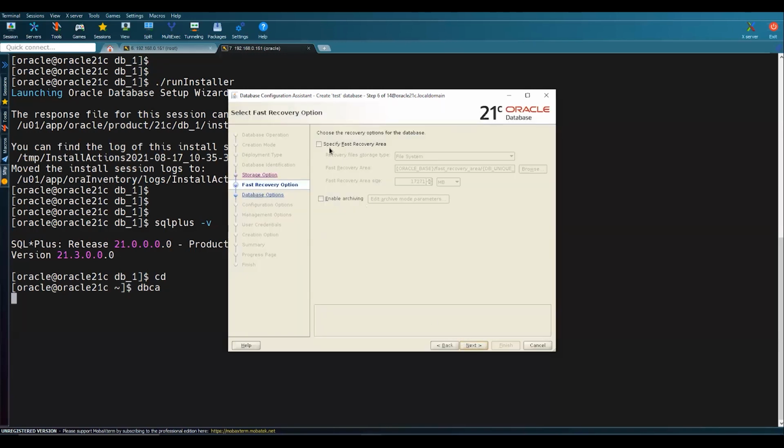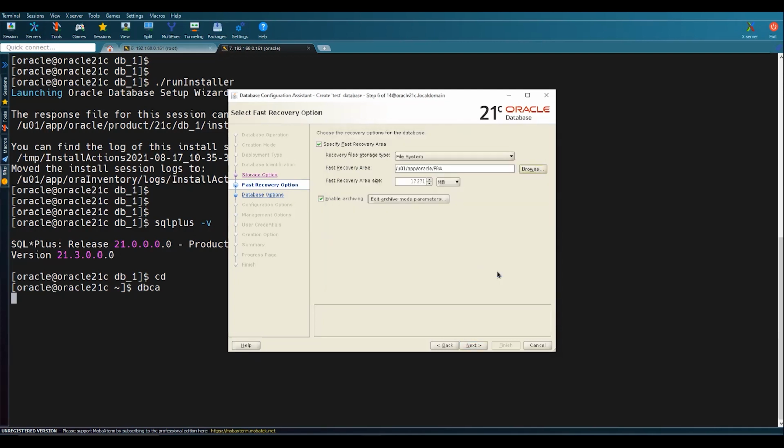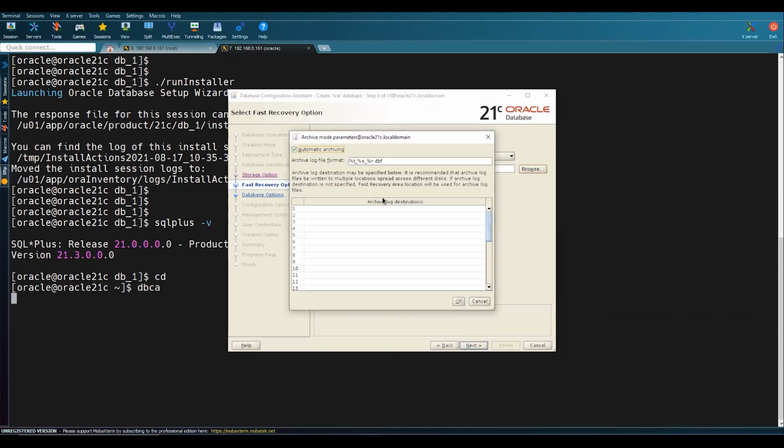Next, we can enable the fast recovery area as well. I'm going to select the fast recovery area under u01/app. On this path, I'm going to use the files. You can define the size also, and you can modify the archive redo logs also.